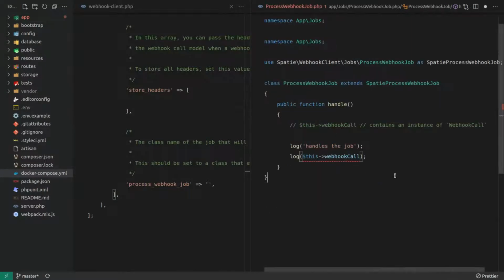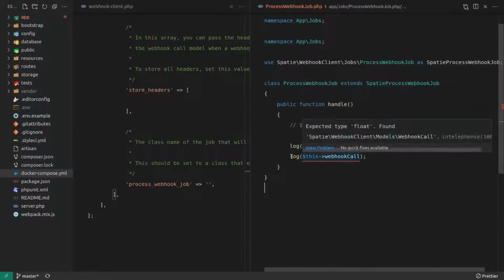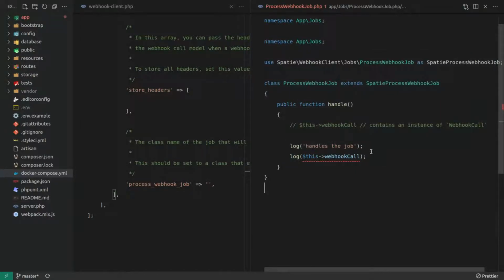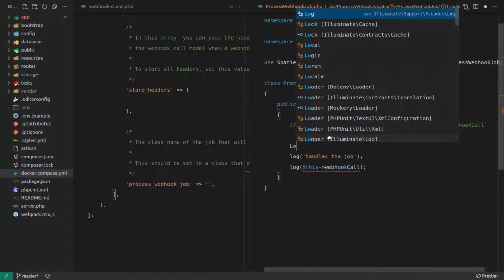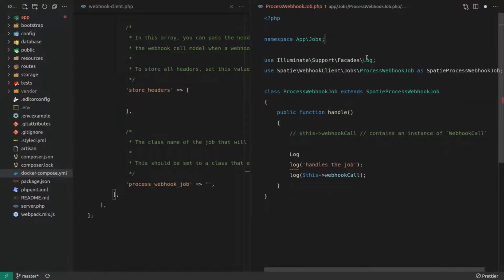So I can probably just literally say this webhook call to print that out. What's its problem here? Oh, I thought that this was a Laravel helper. Maybe it's not. All right, let's come here and say Log. There we go. We have to use a facade, the Log facade for that.